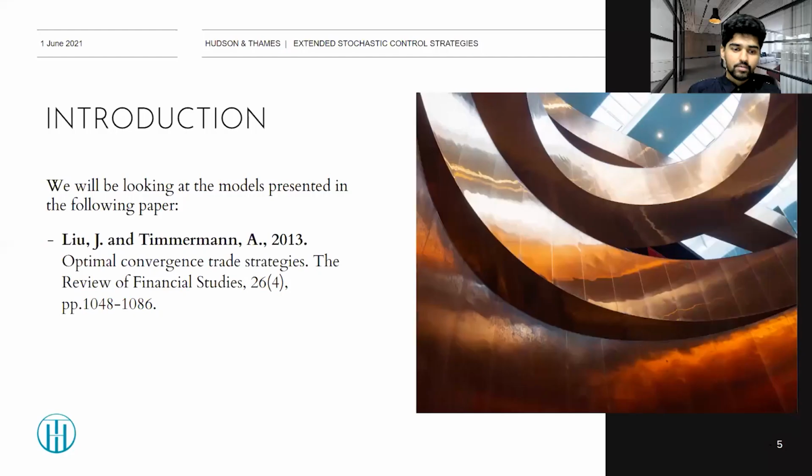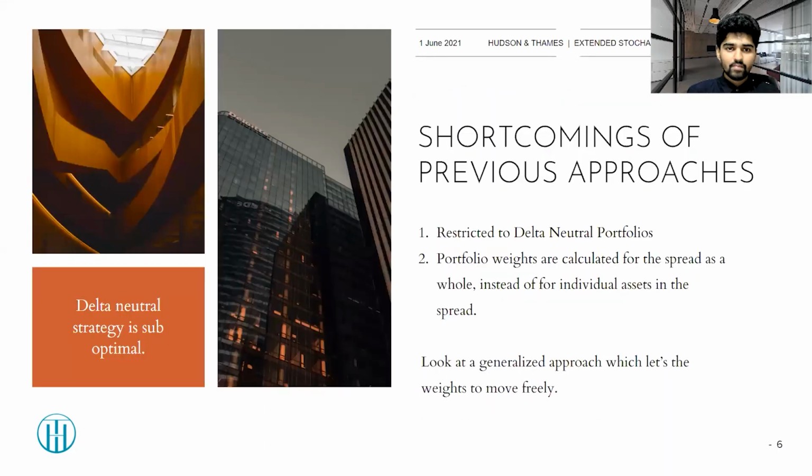So let me introduce the paper. The paper is titled Optimal Convergence Trade Strategies, written by Mr. Liu and Mr. Timmerman in 2013. As I mentioned before, this paper can be thought of as an extension of the papers that I've discussed in my previous presentation. So let's look at some of the shortcomings of the previous papers and how this paper